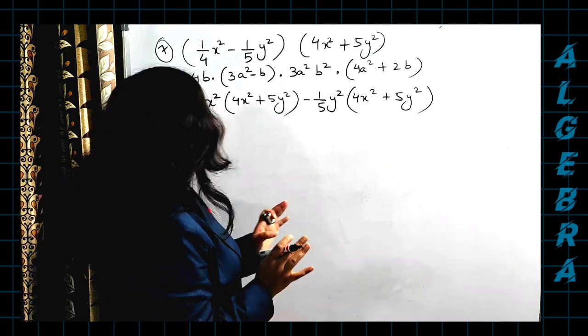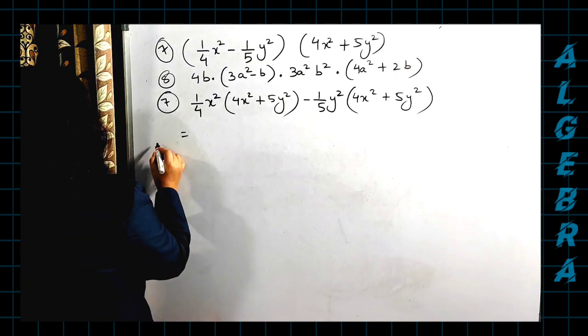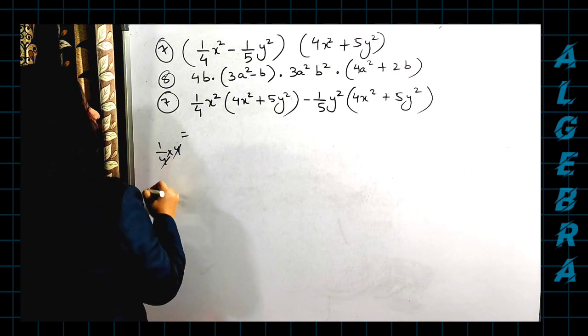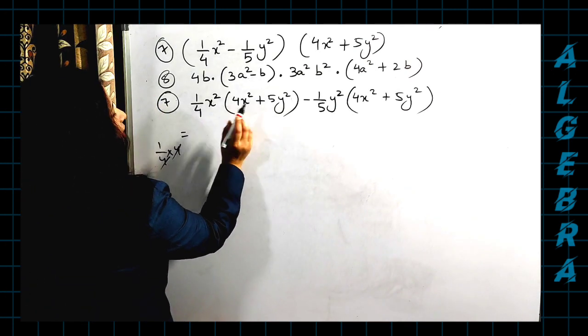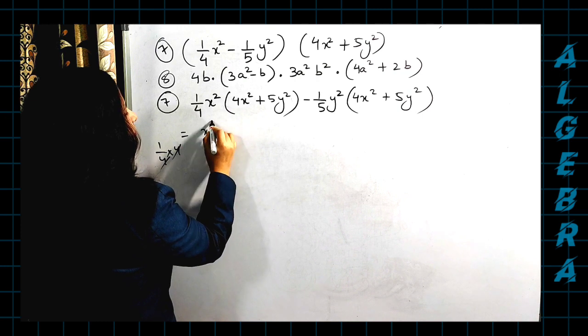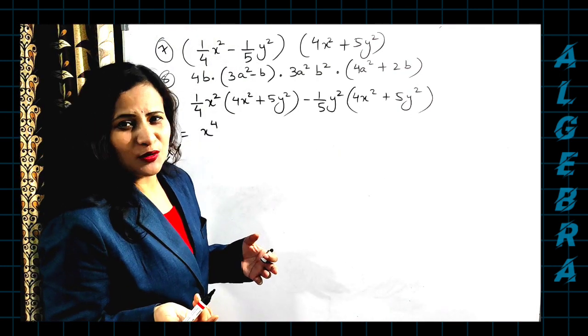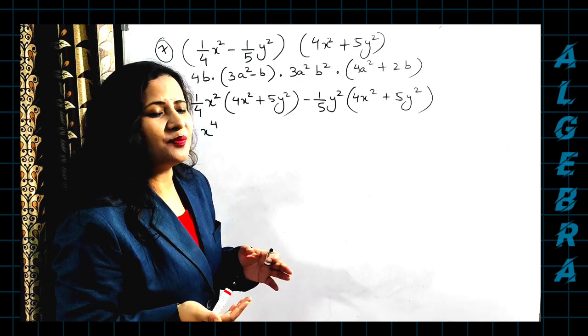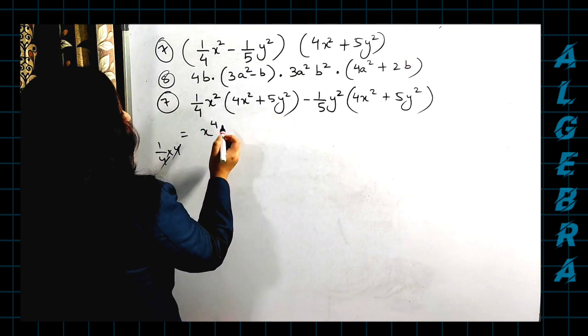That's it, okay? So 1 by 4 multiplied to 4 is 1 only. So no need to write 1. Now just see the literal part, x square, both are x square, both are multiplied. So x to the power of 4. Here you are adding the powers because they are multiplied. Okay, don't multiply the power, don't add the powers in addition and subtraction, please. Don't do that.